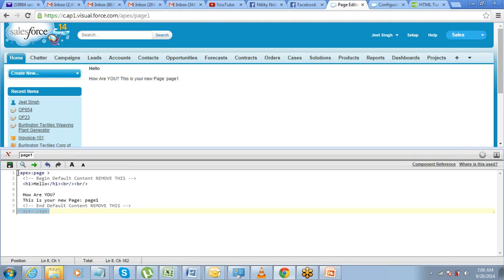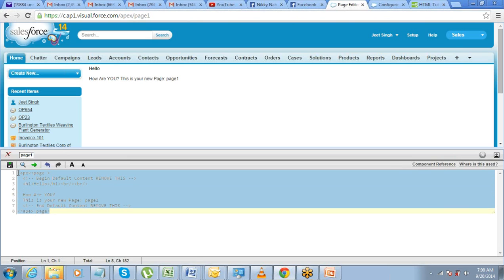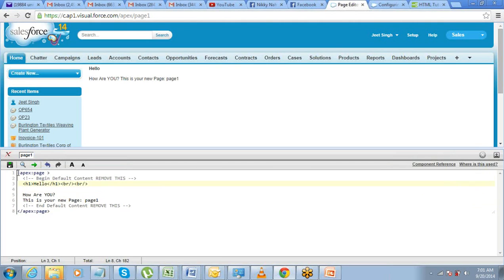Now, whatever you want to design on this page has to be within these page components, within the start and close of the page component. If you want to put a form, button, link, input field, output field, image, whatever you want to put, you have to put it within this, right?